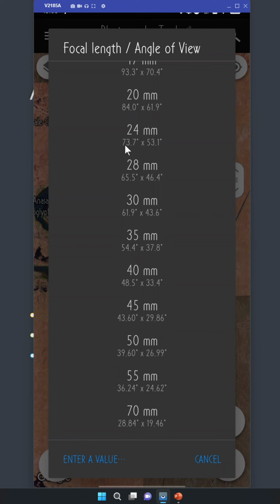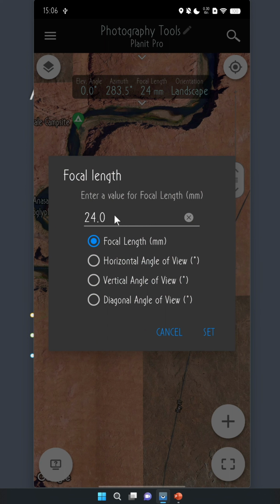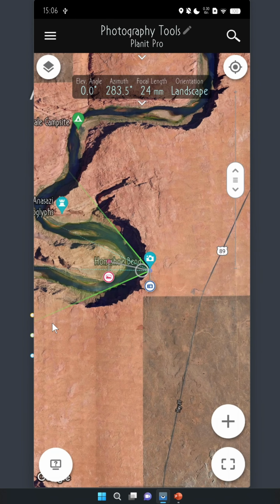But in Planet, we're not interested in the diagonal angle of view, since landscape photographers almost never take photos that are not level. We're usually only interested in the horizontal or the vertical angle of view. And that's why we don't list the diagonal angle of view here. But if you do want to see the diagonal angle of view, you can still see it. Just tap the button here, then enter the focal length you want to calculate the angle of view for, then tap the diagonal angle of view button to see the result. Here it's 84.1 degrees, which is the diagonal angle of view for the 24mm focal length lens. You can also see the horizontal angle of view or the vertical angle of view by tapping the corresponding button. So next time if you try to report a bug for this, we'll know that you didn't watch this video